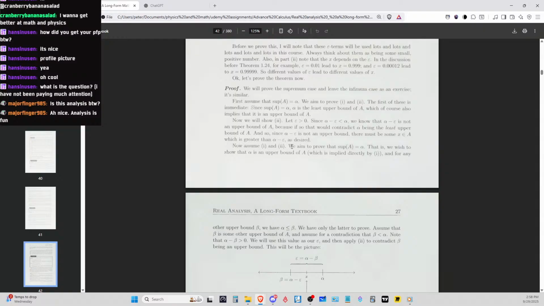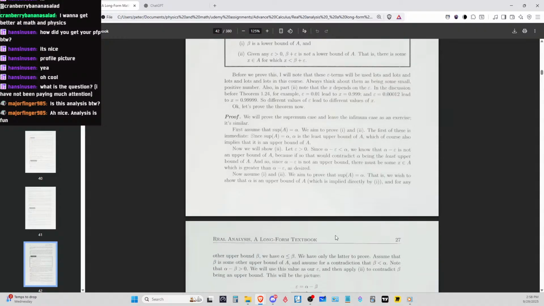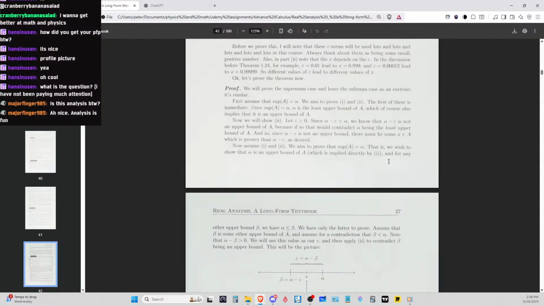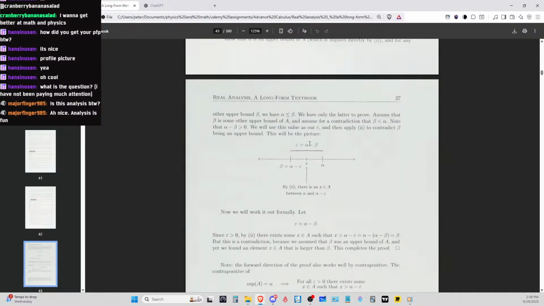So assume that I1 and I2 for the supremum, we wish to show that alpha is the upper bound. For any other upper bound beta, we have that alpha is less than or equal to beta. We only have the latter to prove. Assume that beta and the others. Okay. So epsilon is less than